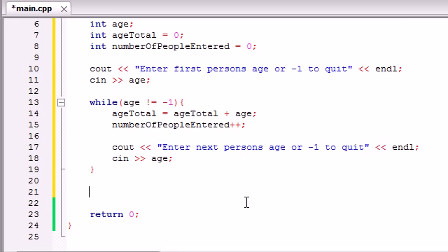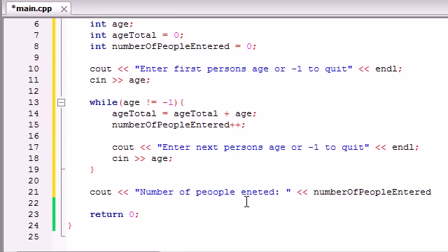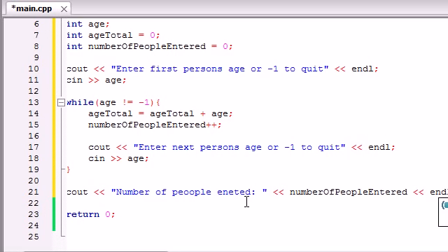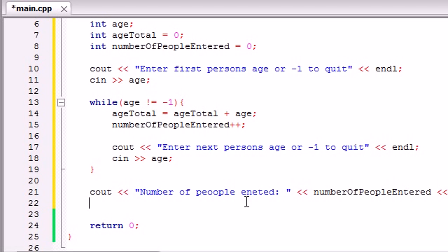So for calculations, let's first go ahead and make sure our program is going to work properly by saying, let's first tell them number of people entered. And I know I spelled that wrong. Big deal. Who cares? And now we just output number of people entered. Looks good. End line. And after this, what we want to do is find the average age of all those people. So cout